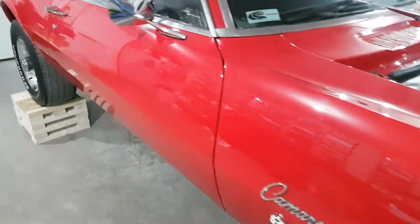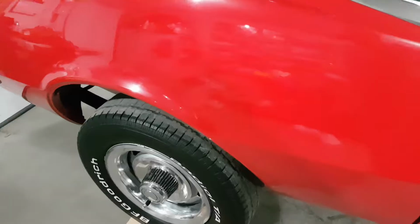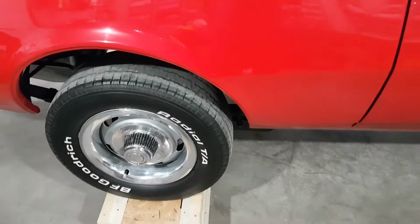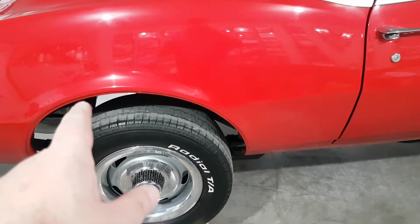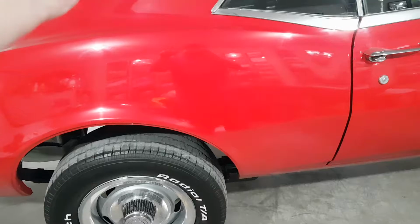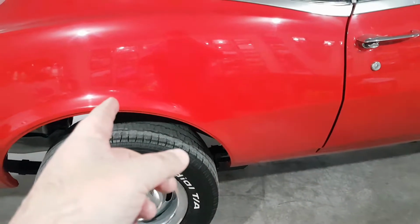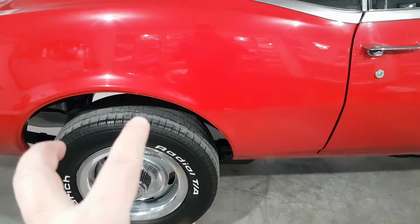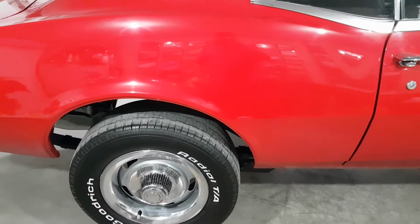What else we got to do? We have the electric black Holley pump to put back here. The new fuel line is run from the new tank and sender out here to the wheel well on the frame rail, and from there up to where the regulator is going to be. I just have to put the pump and the 2 filters that you've seen in previous videos, get them mounted in,